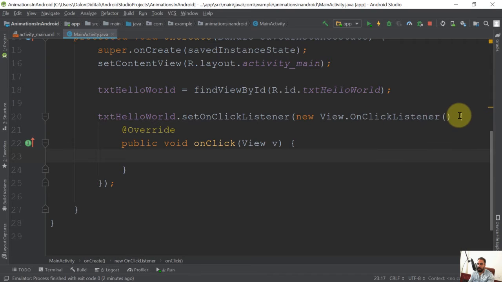So you can see that it created an anonymous inner class for me here, and this anonymous inner class is implementing this View.OnClickListener interface, and that's why we have this onClick method that is an abstract method inside this OnClickListener interface, and we need to provide an implementation for this method. So inside this onClick method, I can say